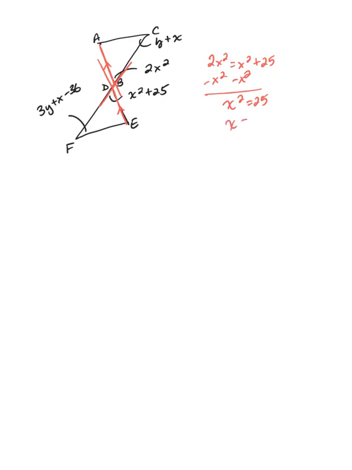Now x would normally equal plus or minus the square root of 25, which is plus or minus 5, but let's see if it makes sense to be negative 5. It doesn't make a difference. Anyway, when we sub in, we'll get the same angle measurements. So 5 squared plus 25 is 50, so these angles measure 50 degrees. The other pair